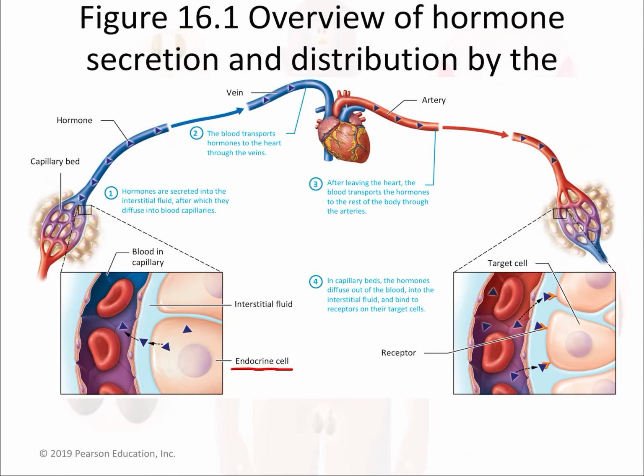So when we have an endocrine cell like this, which would just be part of a gland, we have these little hormones here. They get released by exocytosis. They diffuse through the epithelial tissue there, and then get into the bloodstream through blood vessels, and they travel down, making their way through the veins back to the heart. The heart's going to pump those out in the arteries, and then they're going to make their way through the blood and diffuse into the tissues and interact with cells that have specific receptors for that. And that's really how hormones work. This happens all over the body.